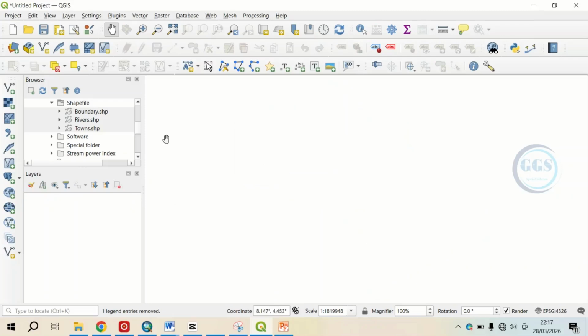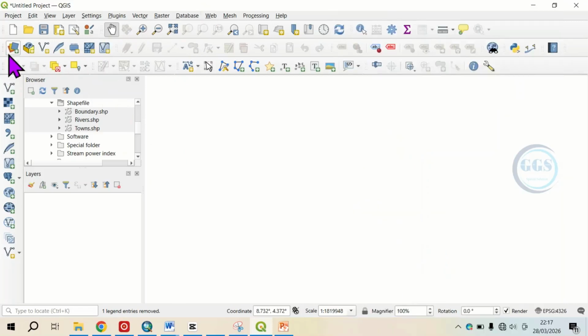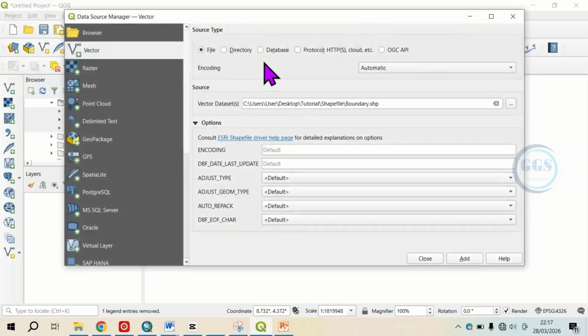Then the last method of adding shapefile to your QGIS is this. Come to this data source manager. If data source manager is not shown here, just come here and right click. Then come down here under toolbar. You can see data source manager toolbar. So check it, it will show here. So to add shapefile, come to data source manager, click on it, and it will open this data source manager